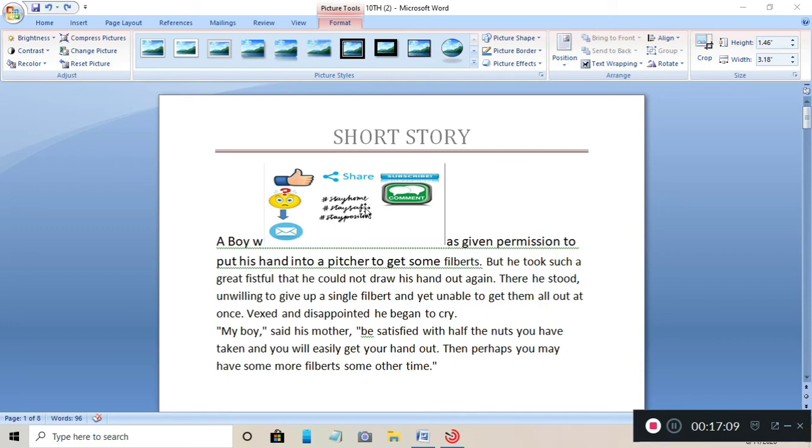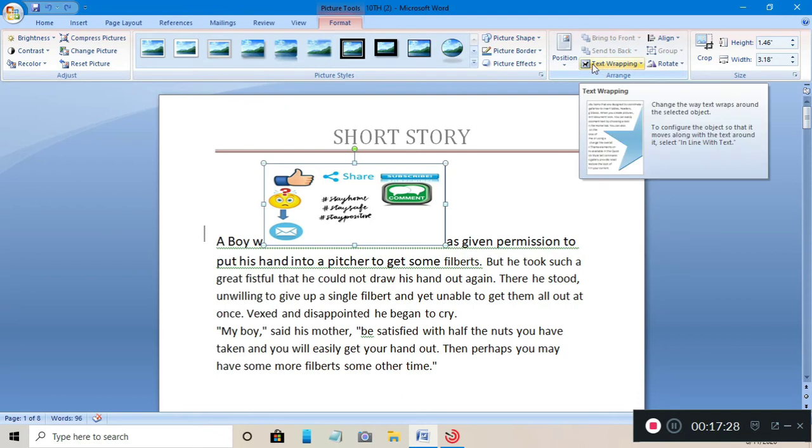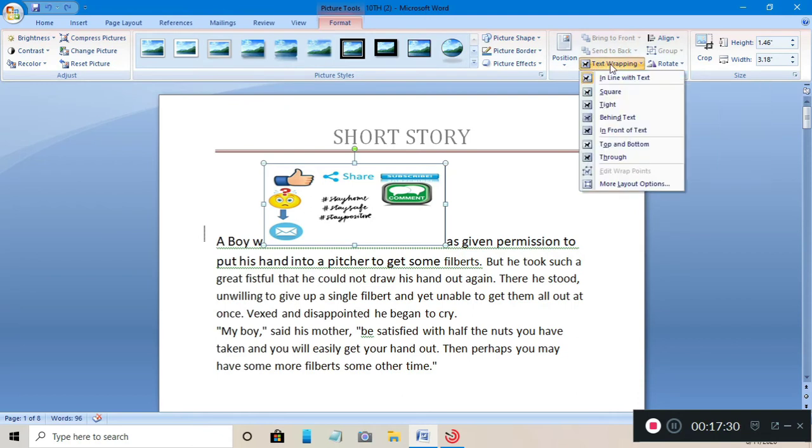First we will select the picture which we want to edit. So first select it and go to the format option. Here, near the view option, there is a format option, and in the third group, Arrange, you will find text wrapping. Click on text wrapping and you can find so many options of wrapping.